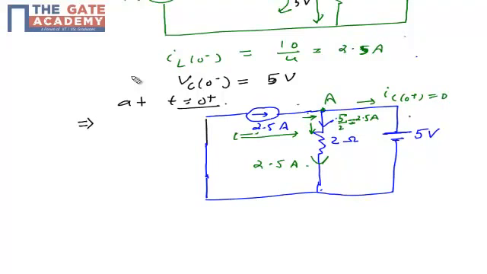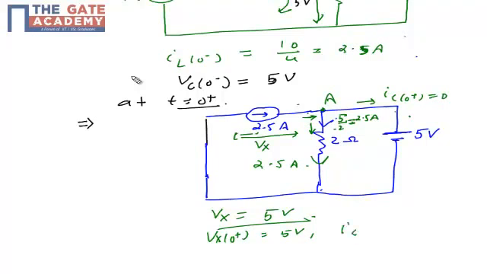All these 3 branches are in parallel. A fundamental law, KVL, says that in parallel, voltages are the same. So the voltage across the inductor will be 5 volt because it's in parallel with the battery. So this Vx(0 plus) will be 5 volt